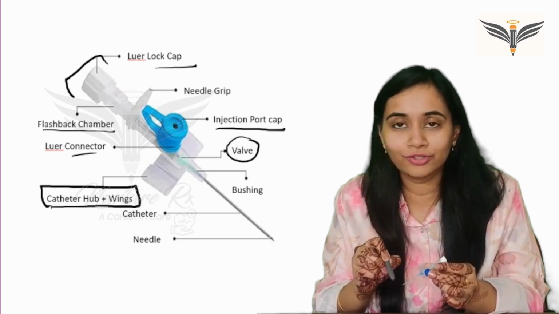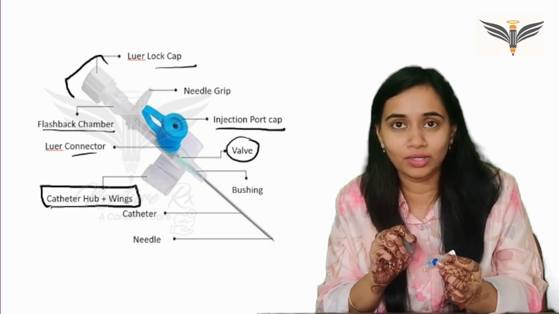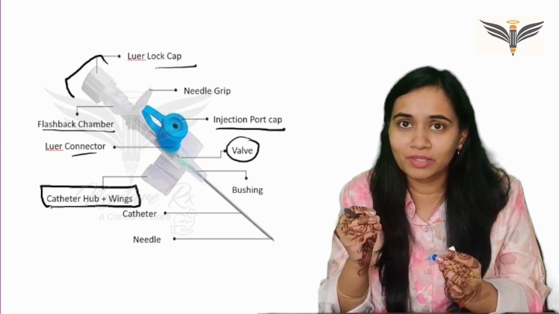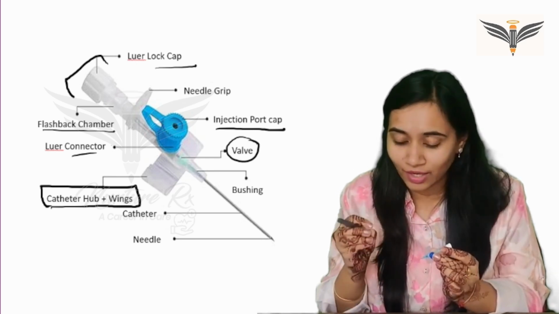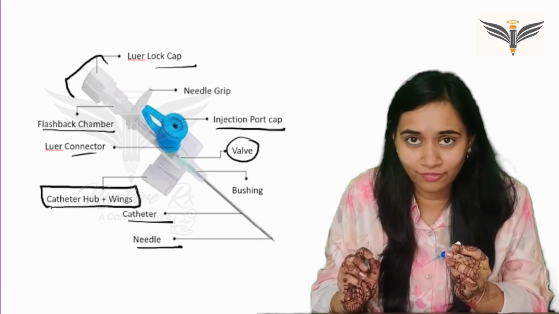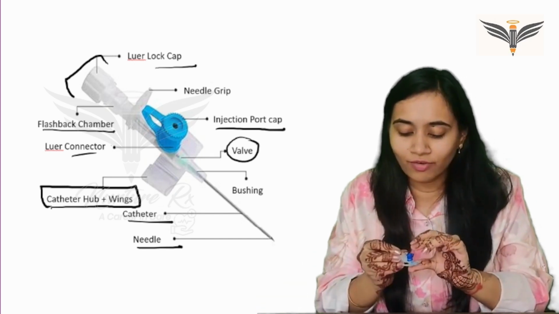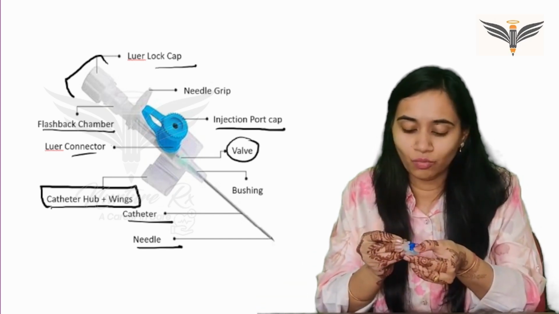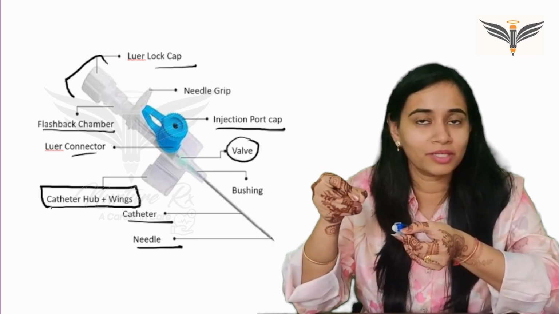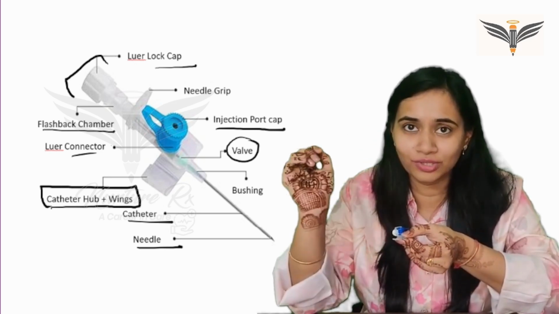Now, further ahead, if you see, here only one needle-like structure would be visible, but it is actually two structures. The needle is inside it and covering it is a thin flexible part which is your actual cannula. So you can see here the needle and the catheter. We have these two parts. What is the use of the needle? It will help you to punch through your skin, punch through your vein so that the catheter can go inside and situate itself into the vein.